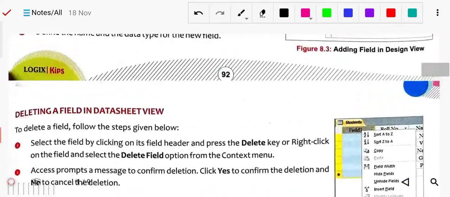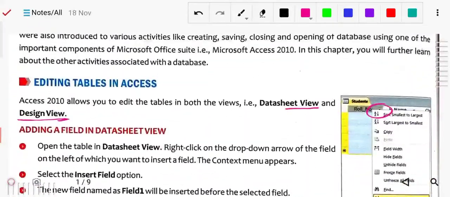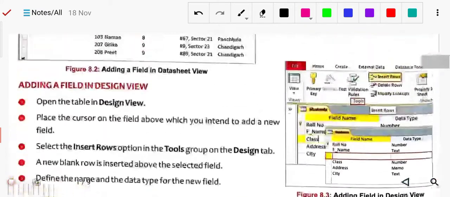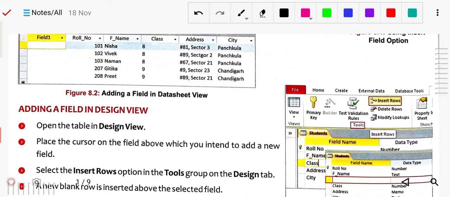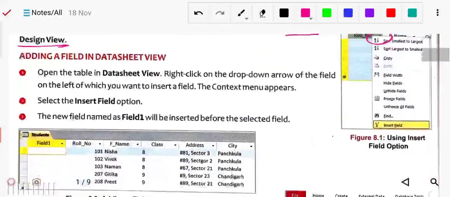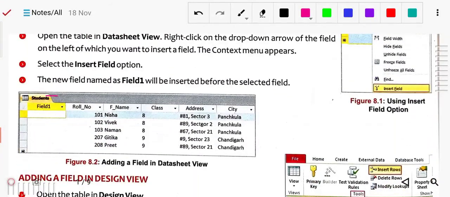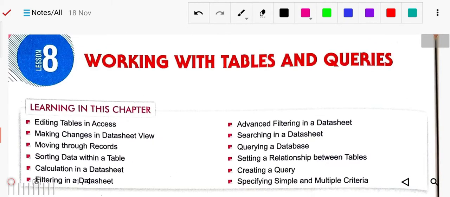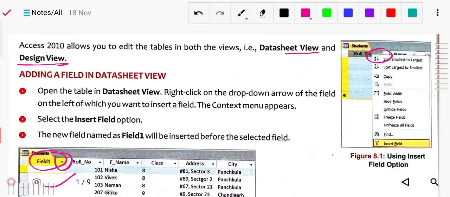Okay, see that. First of all, you click here on Field 1. Here is the drop down arrow. When you click, you can see the option Insert Field.